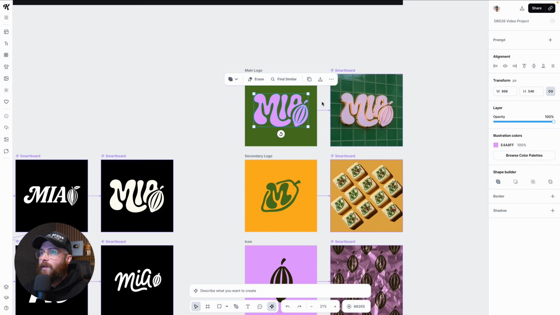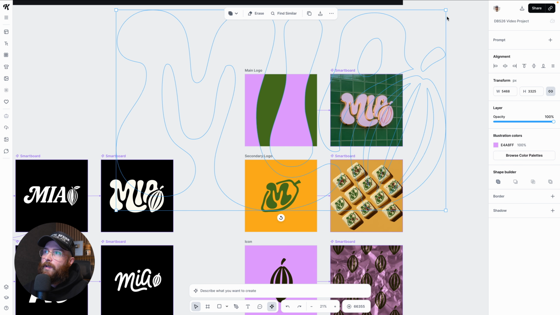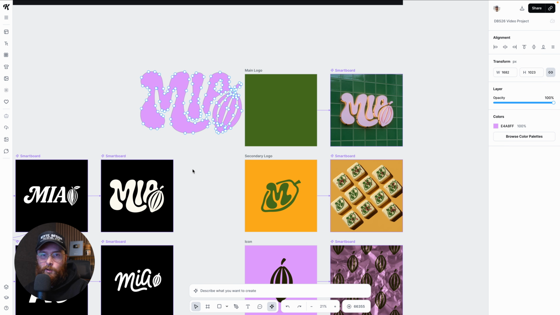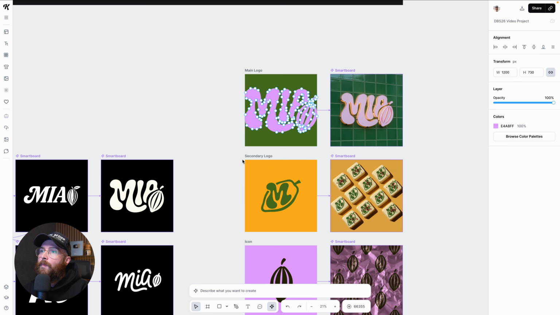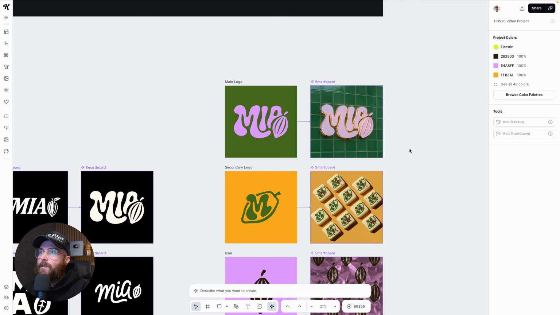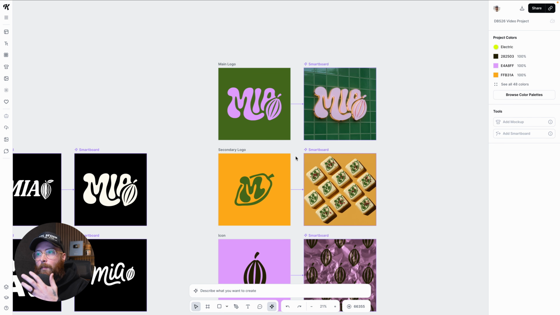So you can see right here, it's fully scalable. I can make it as big or as small. If I take it off, I can make it as fully big or as small. I can double click in, start editing all of the nodes. I showed you that before, but then continuing on using our smartboard feature, we can then start creating custom mockups,